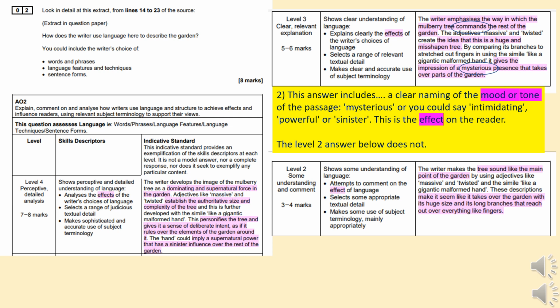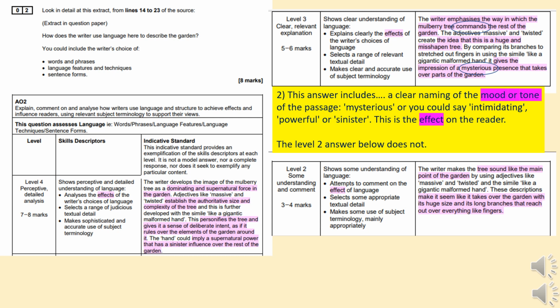Okay, so on question 2, we're into the questions where you actually have to answer by picking out text, quotations, naming techniques and evaluating what the writer has done and how effectively they've done it. Okay, so what I've done is highlighted here the level 3 answer, which is what you should be aiming for if you have not yet passed the exam. If you wish to look in detail at the level 4, which is more sophisticated, or level 2, which would not be a pass grade answer, then you can stop the video and have a read of those.